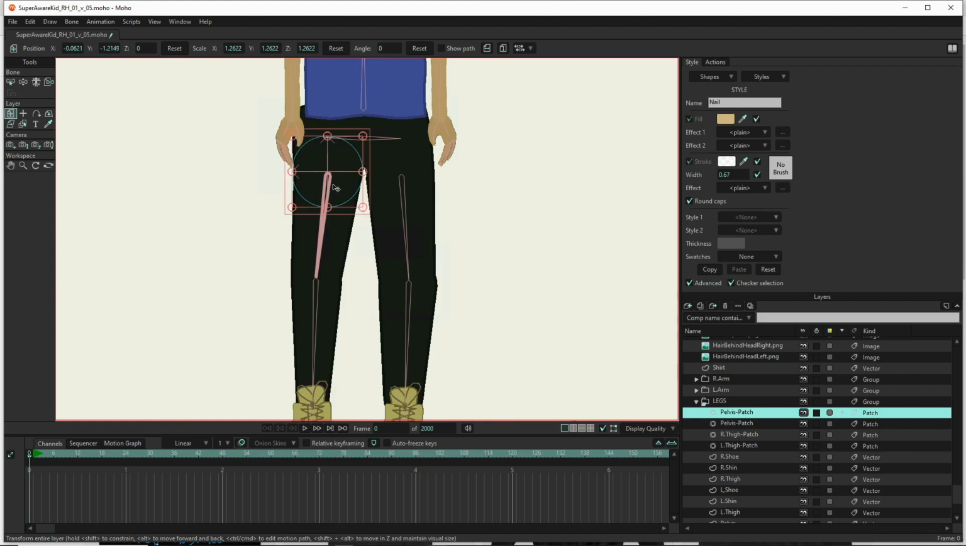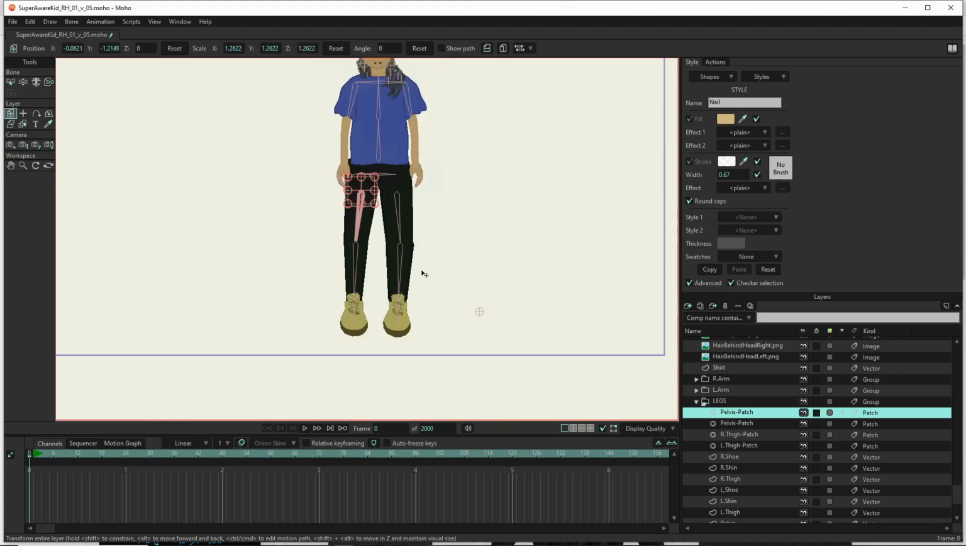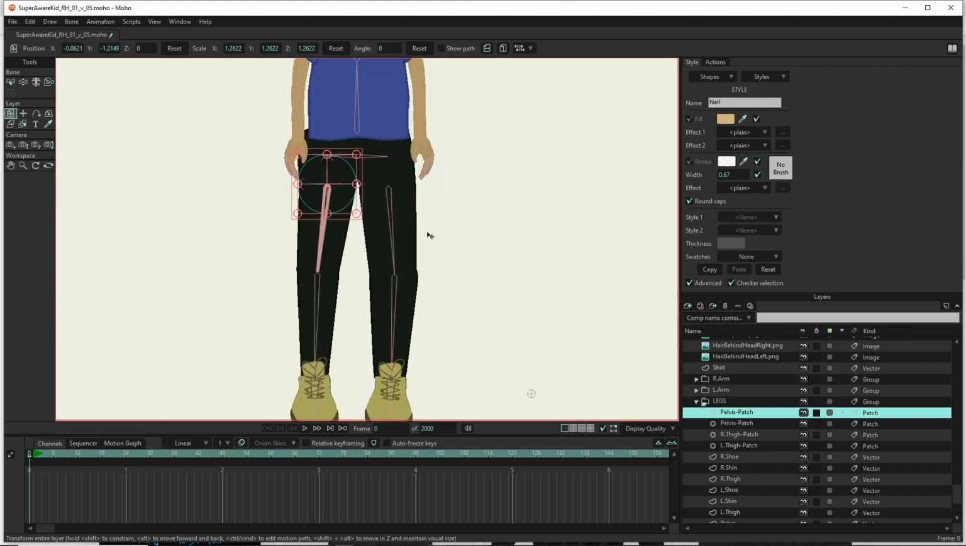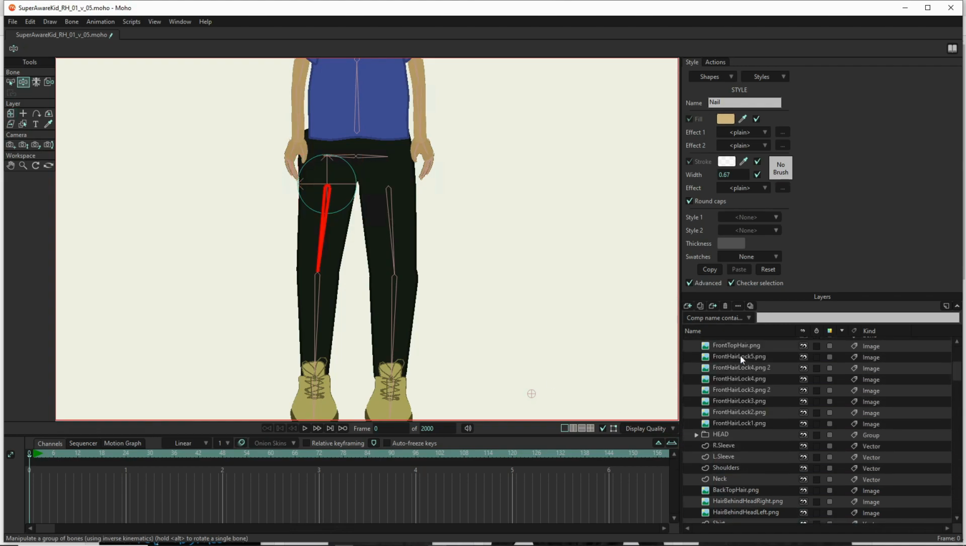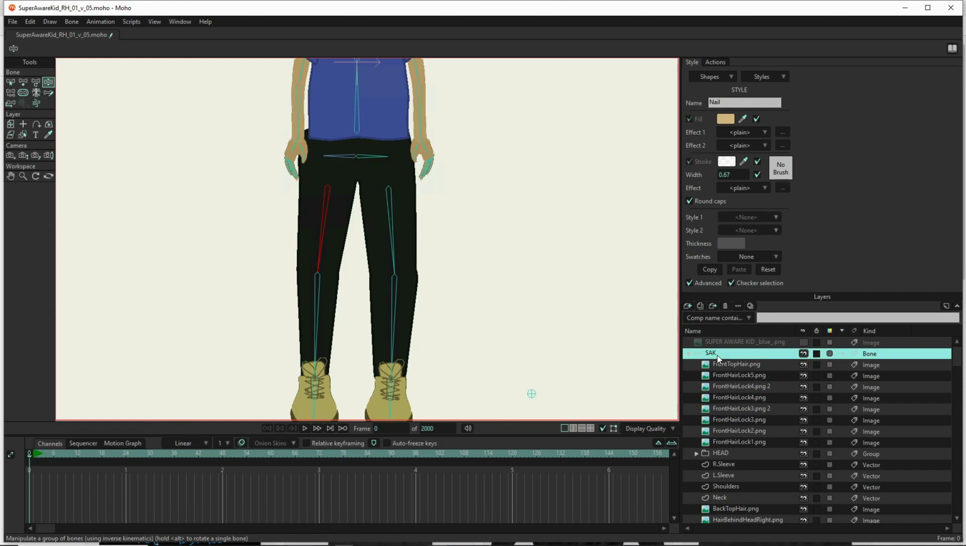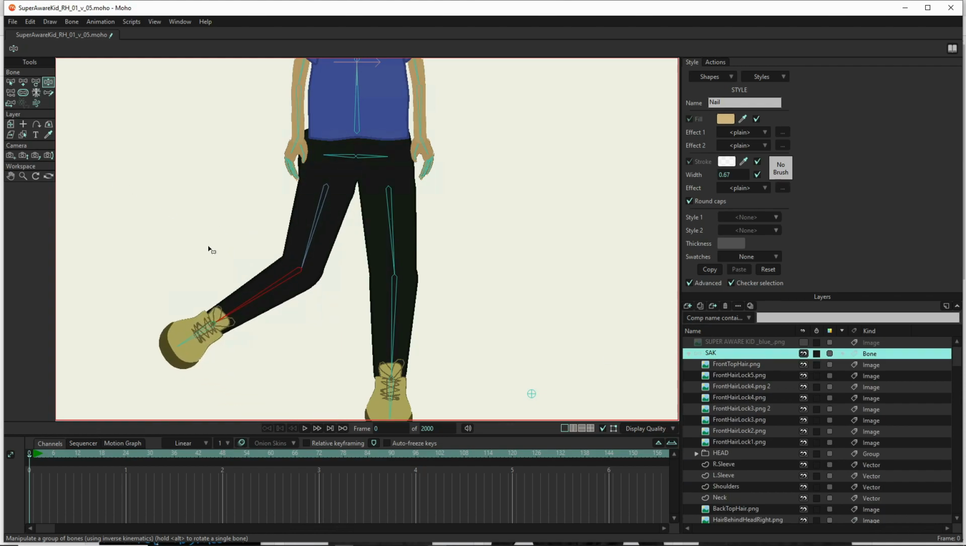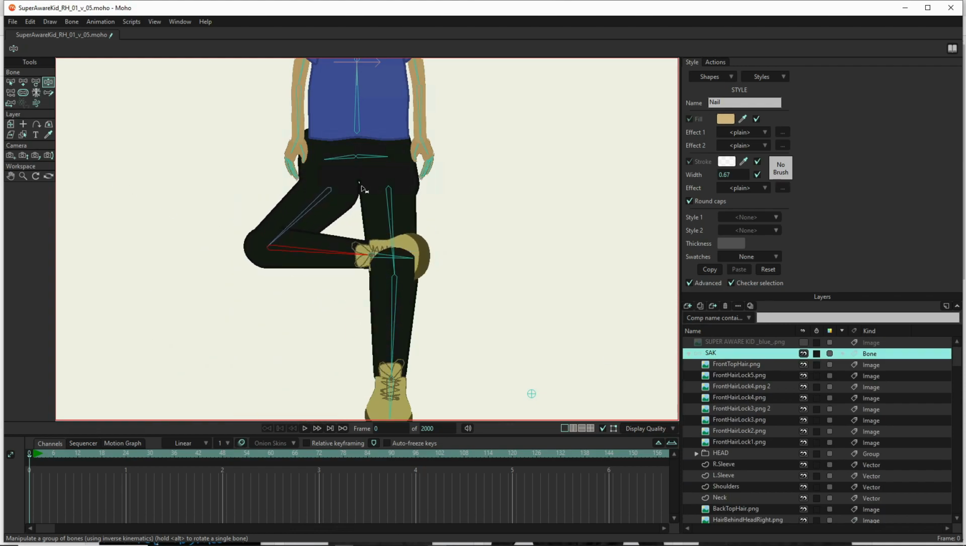So now as we move the character around, the pants look like they're a complete set of pants, but they're actually individual parts that we can now manipulate in front of and behind each other. As this all started with trying to do cross legs, let's see how that works out now. So now we can bring the legs up to cross like this